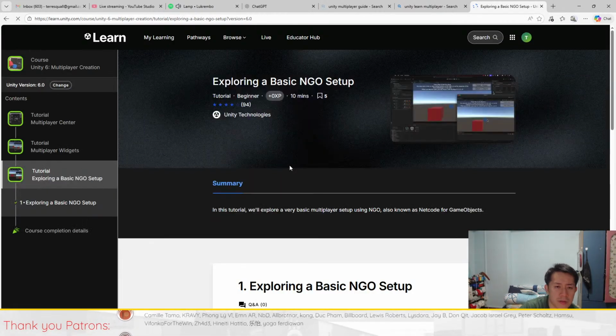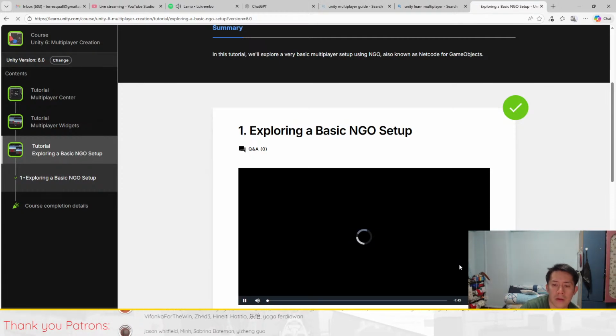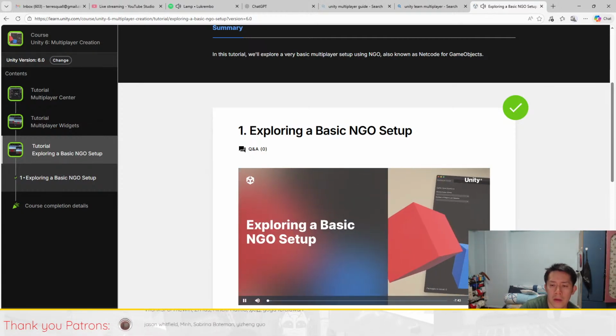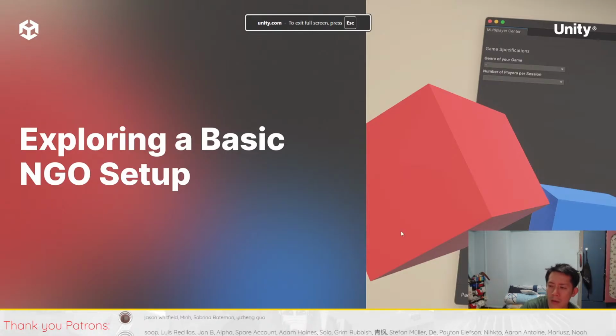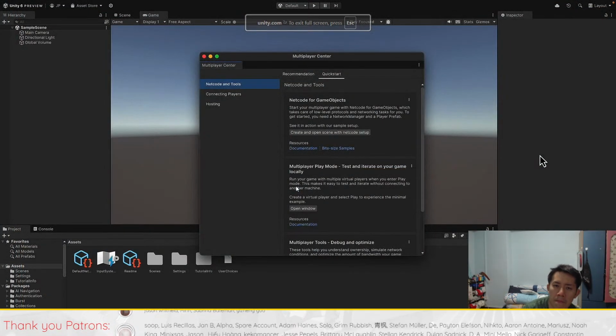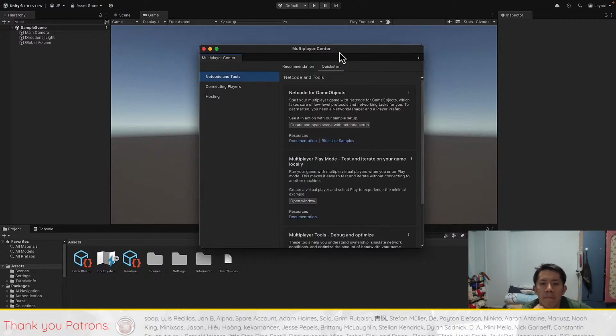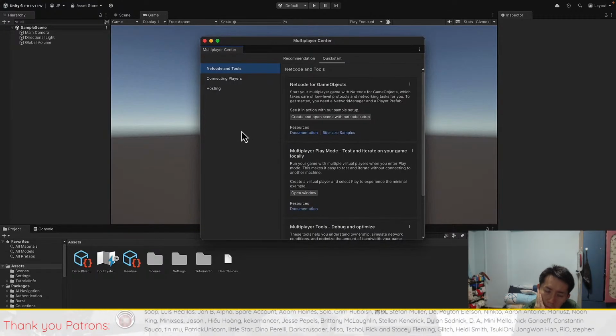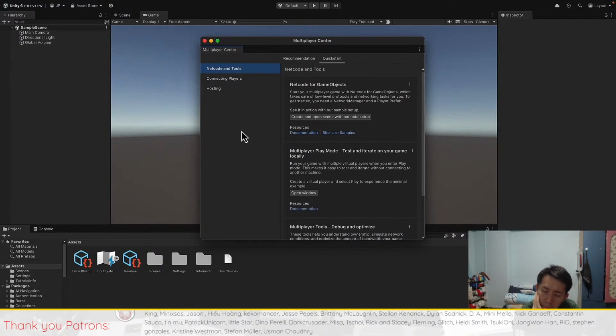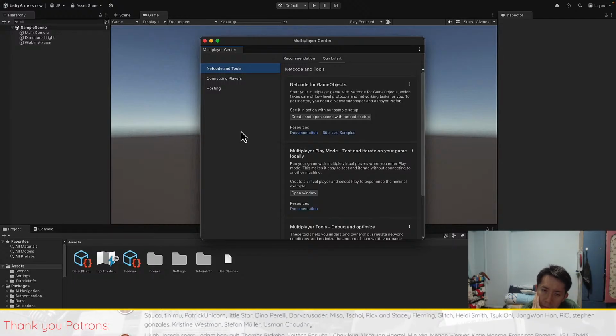Basic NGO setup. We'll take a look at a very basic multiplayer setup using NGO, otherwise known as netcode for game objects. Alright, so in the previous video, we walked through the Multiplayer Center, we described a multiplayer platformer game that we would like to build, and the Multiplayer Center then recommended and installed various netcode and multiplayer packages for us to use in our project. So if we take a look around, we can see that we have a quick start